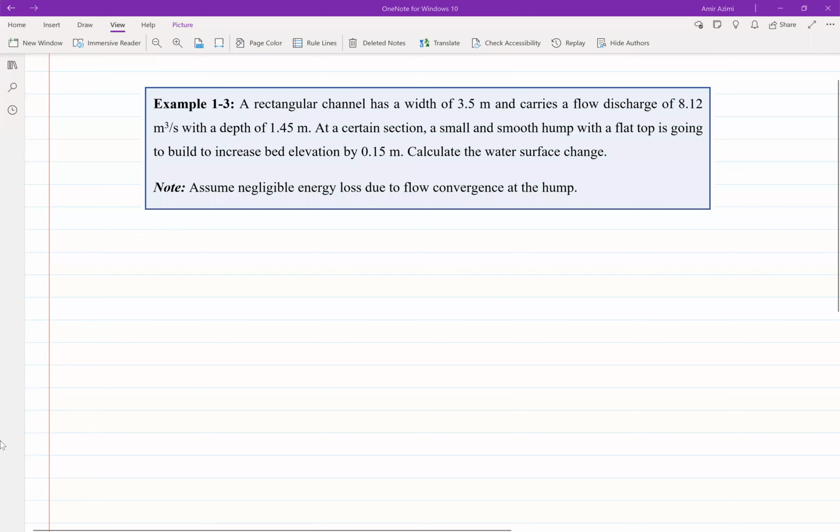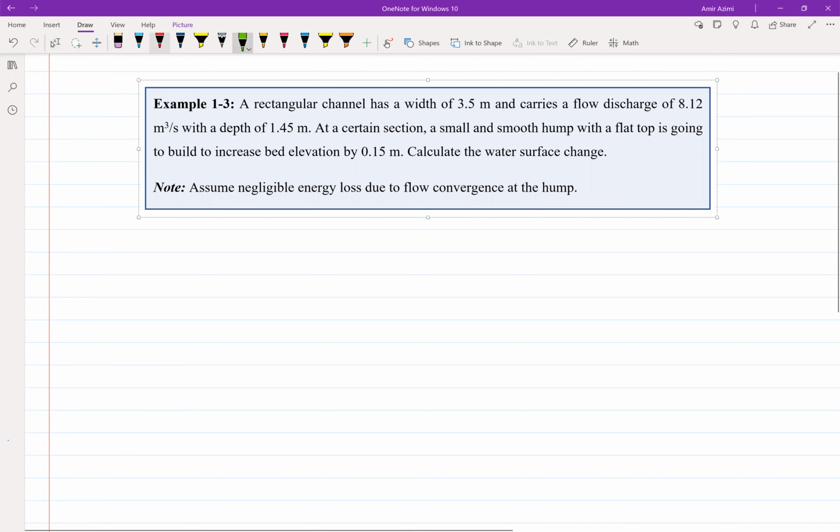Hello, everyone. Example 1-3 is about energy equation. So a rectangular channel has a width of 3.5 meter and carries a flow discharge of 8.12 cubic meter per second with a depth of